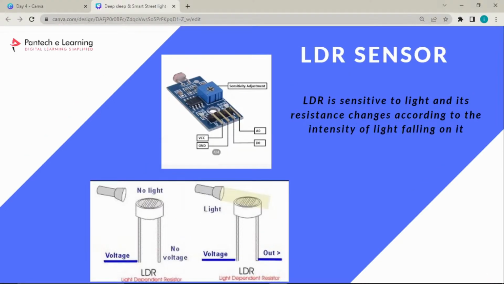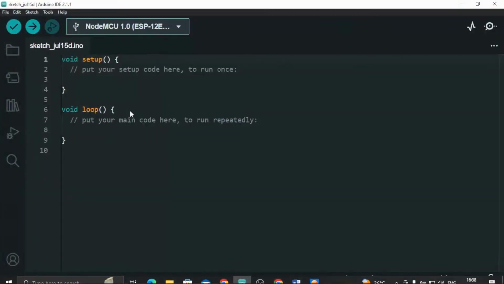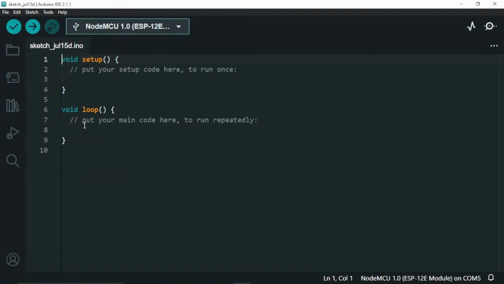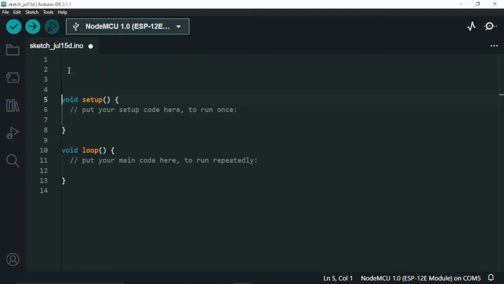Now let's move to the coding part. Let's write the code for this. First we have to initialize the pin numbers. First, let me take LDR. I'm going to define this with D6. And then integer